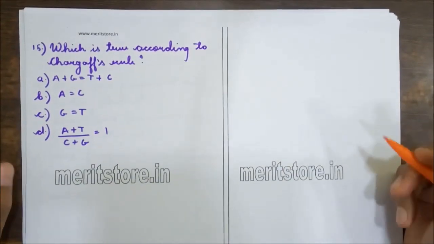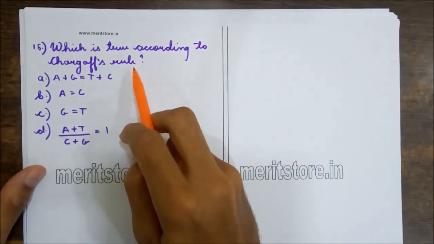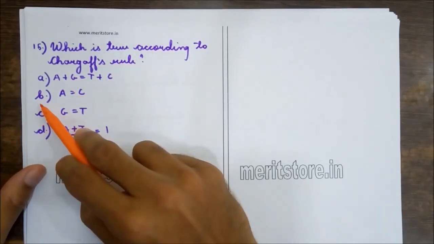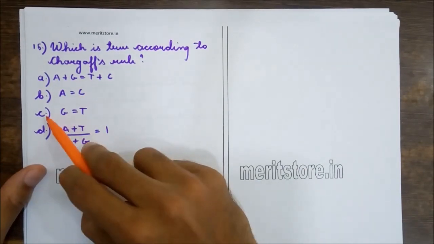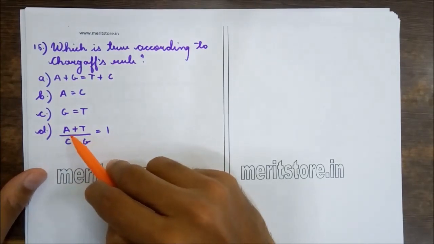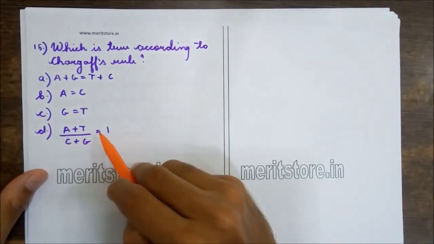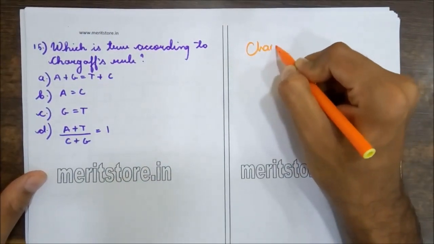Question number 15, which states which is true according to Chargaff's rule. Option A, A plus G is equal to T plus C. Option B, A is equal to C. And option C, guanine is equal to thymine. And option D, adenine plus thymine to cytosine plus guanine is equal to 1. So for this question to understand, you should know Chargaff's rule,